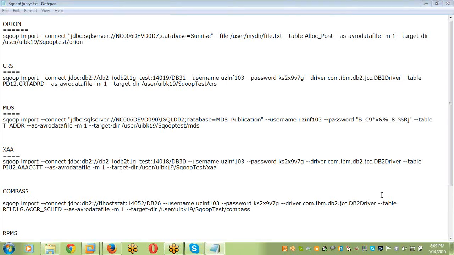Remember the concept. This is a complete Sqoop explanation. Everything is clear.